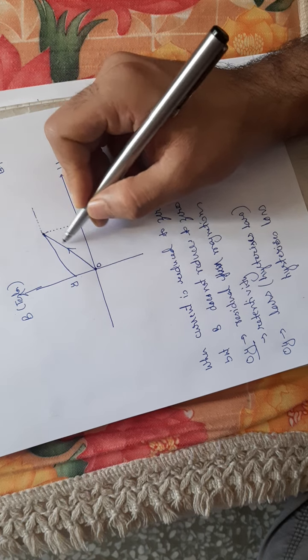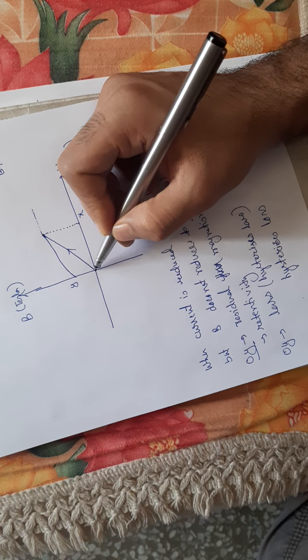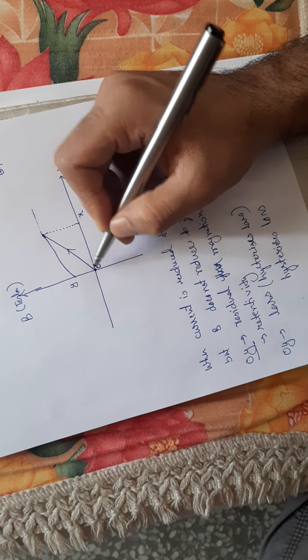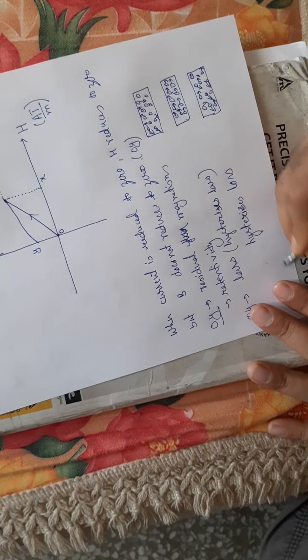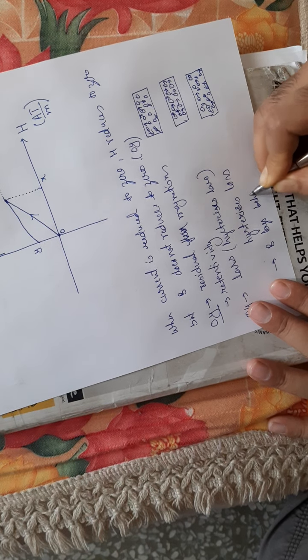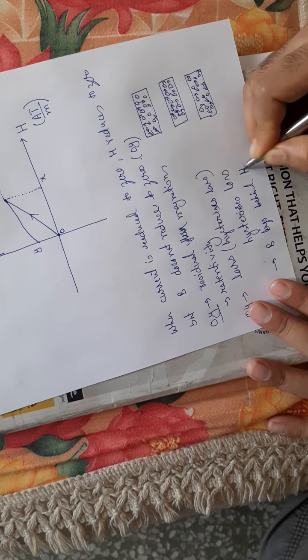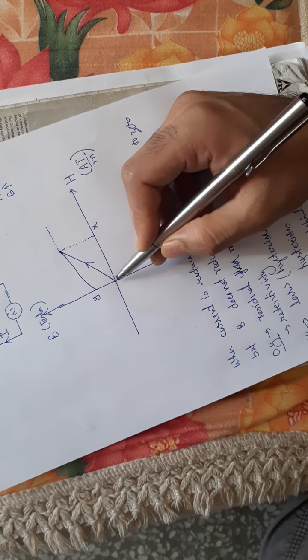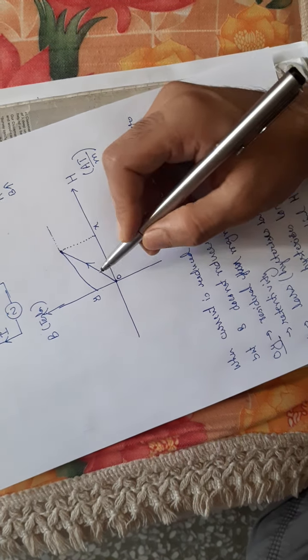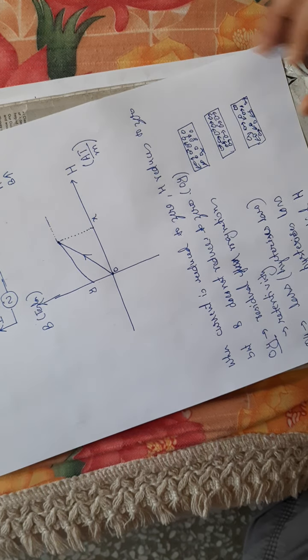Now when H has reduced to 0, B has some value, meaning B has not reduced to 0, so B is lagging behind H. So I can say hysteresis loss is nothing but B lagging behind H, because H has reduced to 0, but B has not reduced to 0. So why is this a loss? Let me tell you what happens.